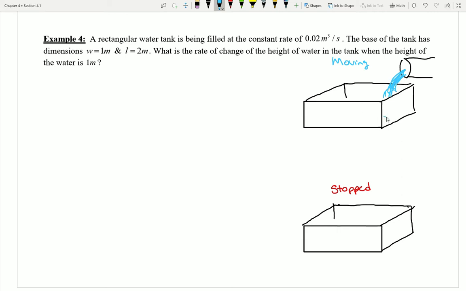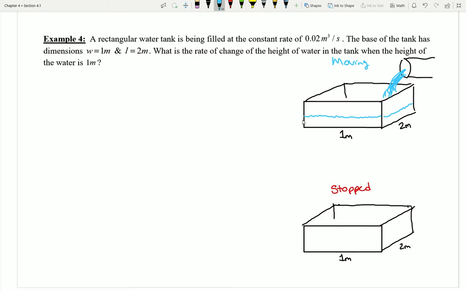And maybe I can imagine that if these sides were made of glass, I have some water in there that's starting to fill up. Okay, so I have my water inside the tank. Now I know a couple things here are constant, a couple things are fixed, so I'm going to write these in black. I know that the width is going to be 1 meter, right? And I know that the length here is going to be 2. I could draw the same things down in the stopped picture because nothing down here is going to change. Now what's different in this scenario is that as the water keeps pouring in, the height of the water